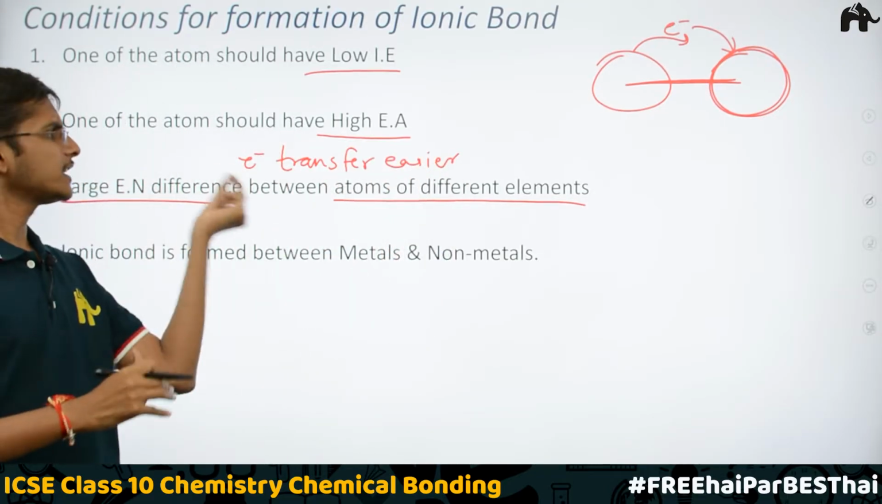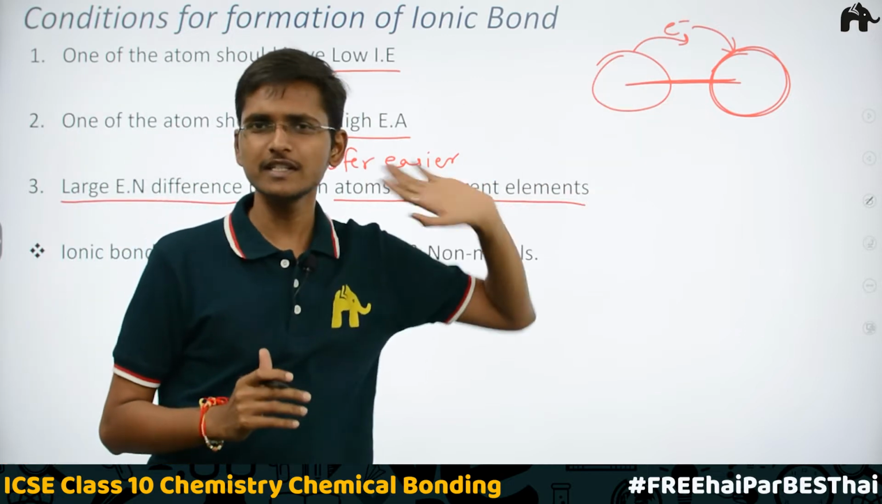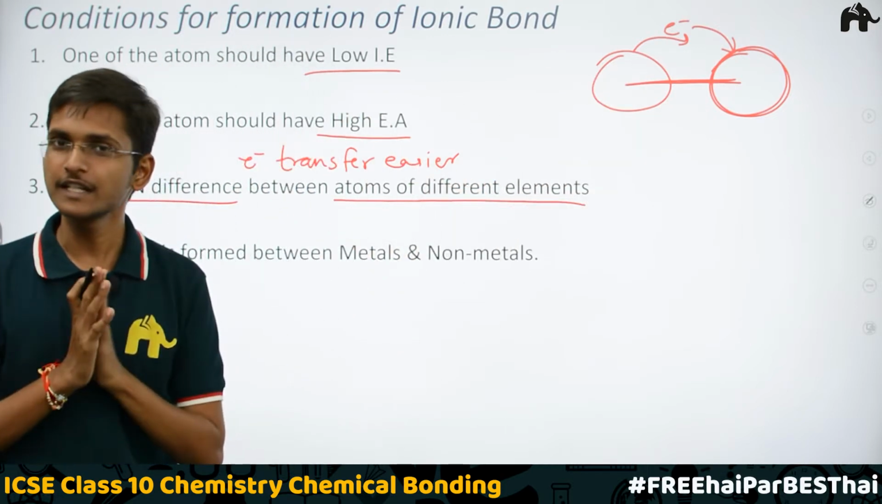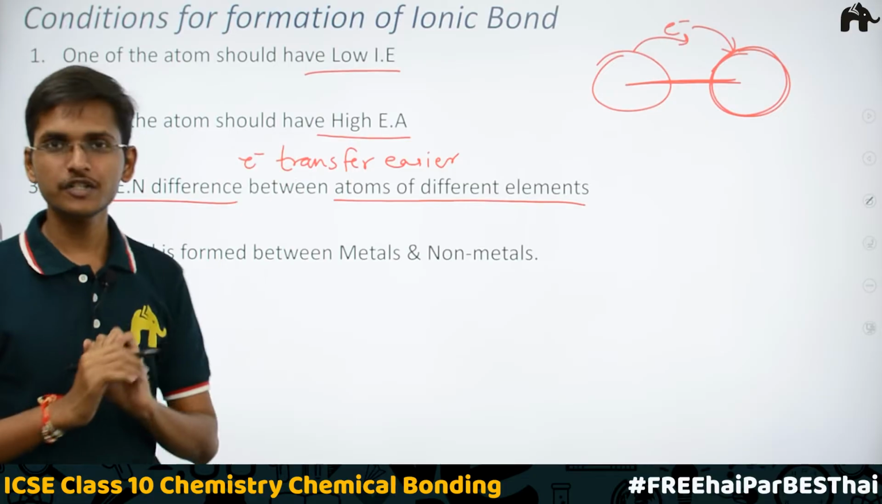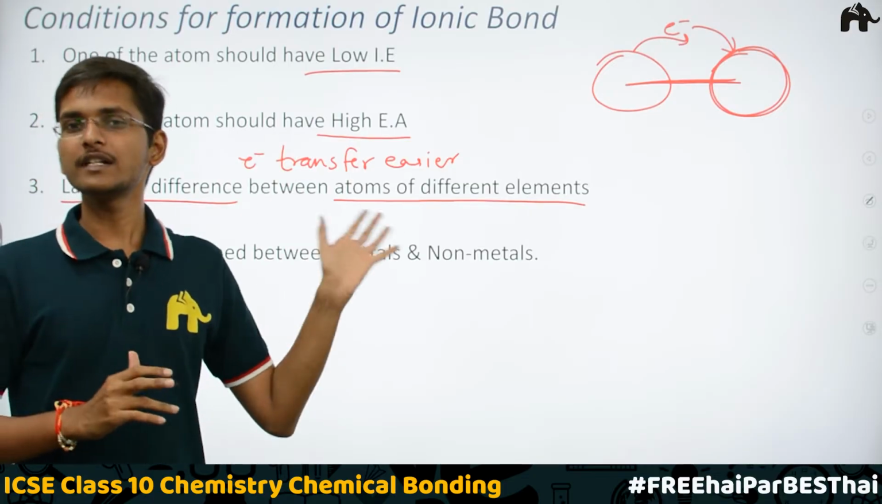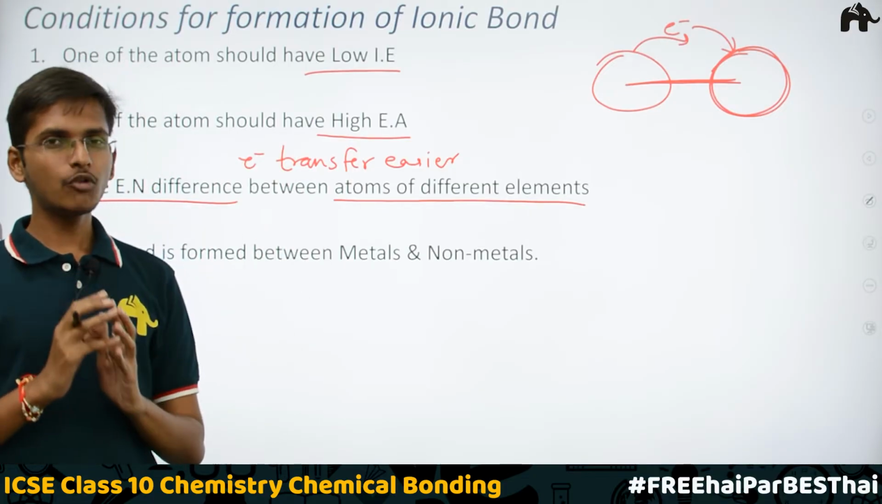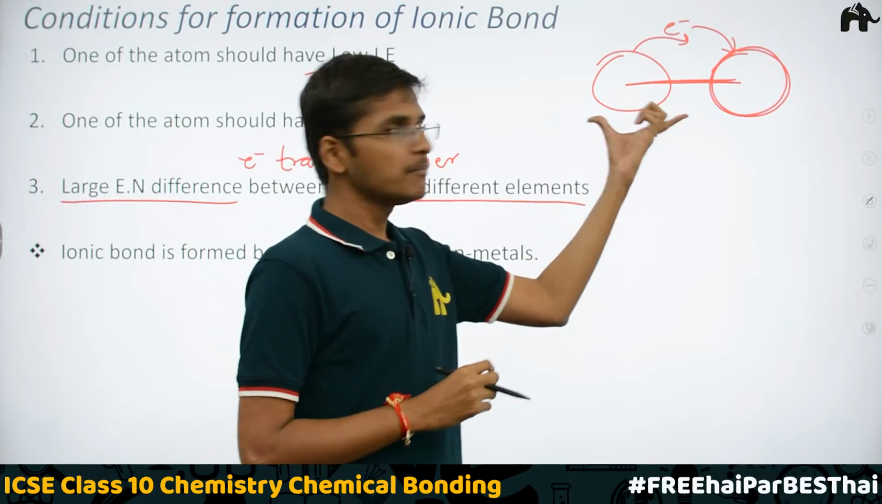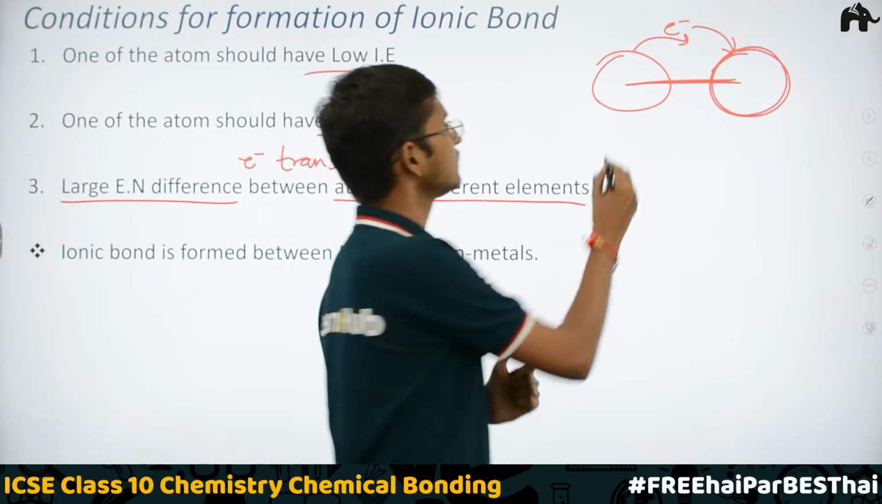And what else do we want to form an ionic bond? We want that electron transfer should be very easy, so the ionic bond would be easily formed. So these are the three conditions. Now based on these three conditions, we can clearly make out that the ionic bond would form between